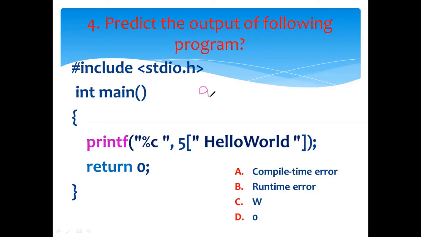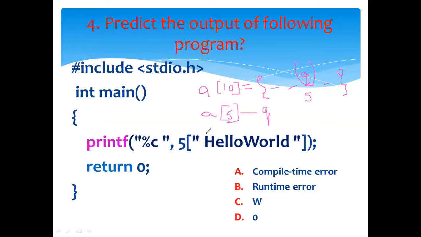When I have an array of size 10, with elements from 1 to 10, suppose at my fifth index I have a character called Q. If you want to access this Q element, how is it accessed? It is accessed by saying A of 5. When it is accessed using A of 5, Q will be retrieved.